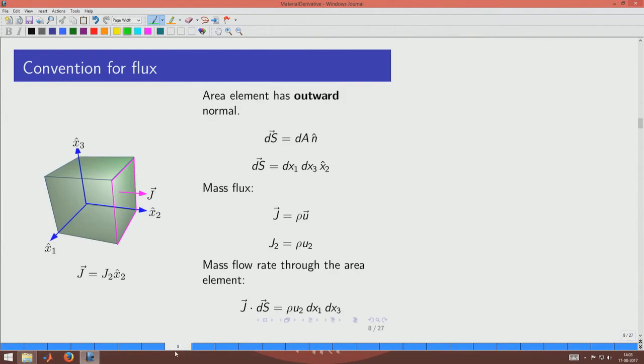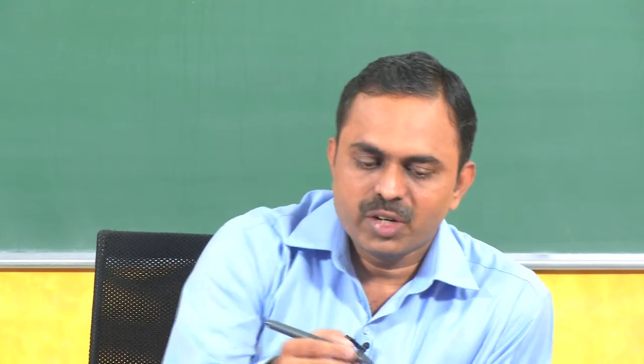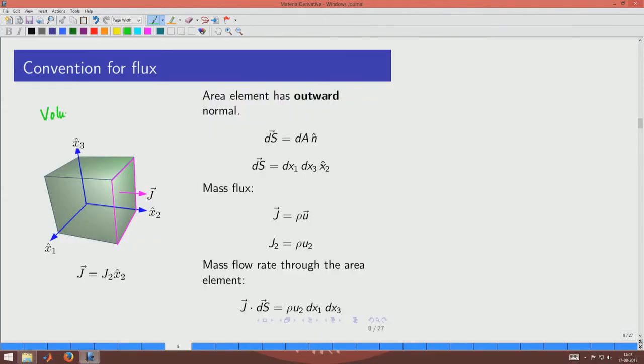Okay. So, now that we have defined the material derivative, we have a few more concepts that we need to bring across. So, next concept is about flux. Flux is defined as the mass flow per unit area per unit time, and it has to be across a phase. What we have drawn here, a cube, is what we referred to earlier as the volume element or control volume. Now, the control volume would have a particular volume, and we would write that as dx1, dx2, dx3, where dx1, dx2, dx3 are the widths of this cube in the three directions.